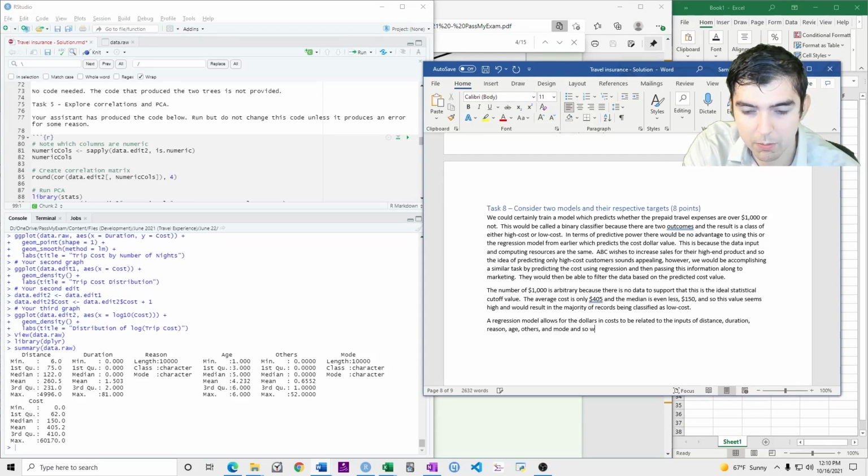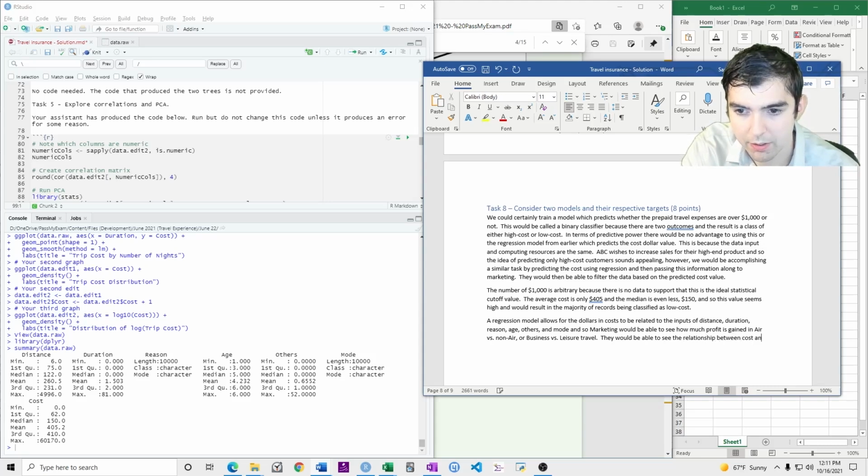And so marketing would be able to see how much profit is gained in air versus non-air, or business versus leisure travel. They would be able to see the age, the relationship